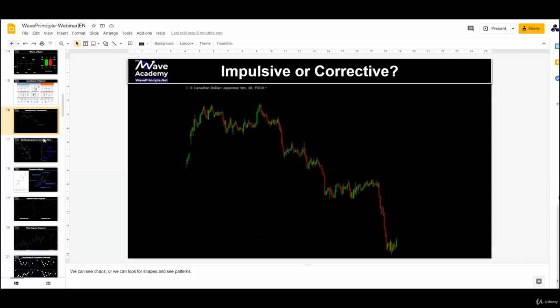You have to first identify an impulse and then try to identify the corrective movement. Never operate inside an impulse. Wait for the corrective wave to almost be finished, and when it's done, that's when you want to get in. You never get inside of an impulse. You try to get in at the end of a corrective movement and then get out. Wait for the next pattern to complete and then you get in again, and so on.